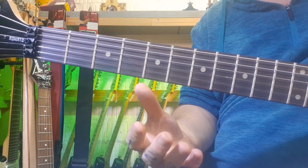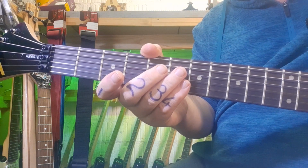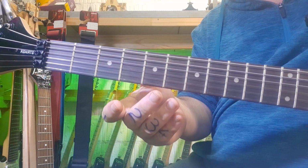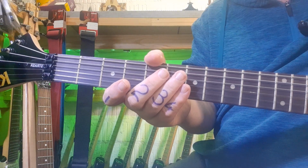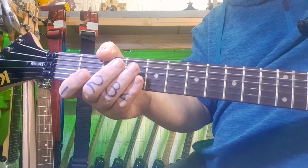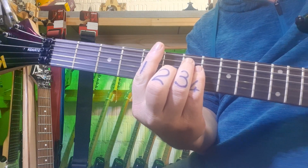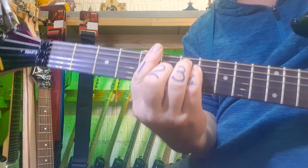So choices again. Remember, one of the nice things about playing any instrument is to be able to also control the piece. So don't feel obliged to play it note for note exactly like the original, unless it's your thing, which is cool. We're trying to advocate over here, enjoy the instrument. Okay, so let's take the chorus through. Like I said, we can strum or we can pick it, I don't really mind. And we're going to do the whole chorus. Are you ready? 3 and 4 and...